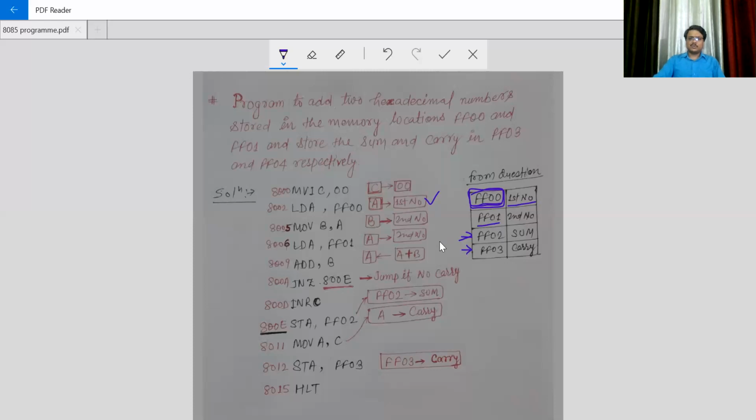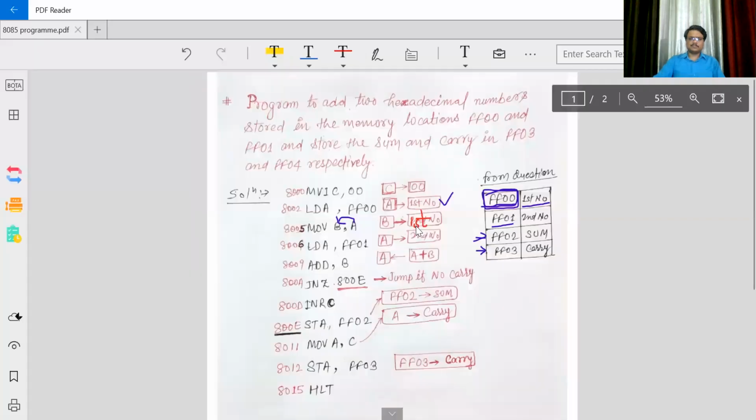So, move B into A. Move BA means move the data of A into B. Here it is written second number, it should be first number, so write this as first. So the first number is now in B. Good.